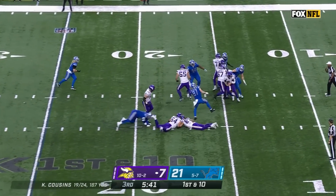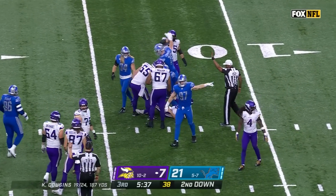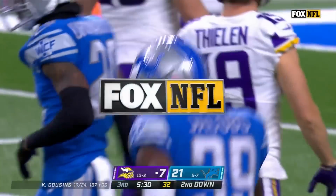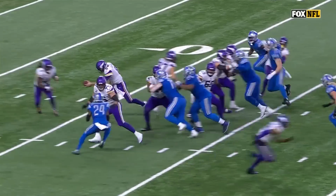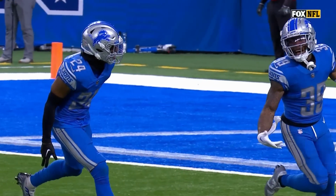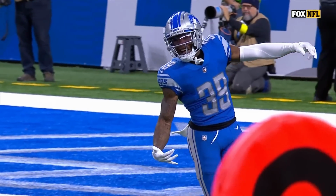Vikings go back to work, and Cousins is sacked for the second time today. Jerry Jacobs, his first of the season. Jacobs coming from this side. What you love to see is that he goes up to the top of the quarterback, and then you see as soon as Kirk Cousins recognizes it, he can't do anything. He can't spin out of it. He can't roll it up into the...